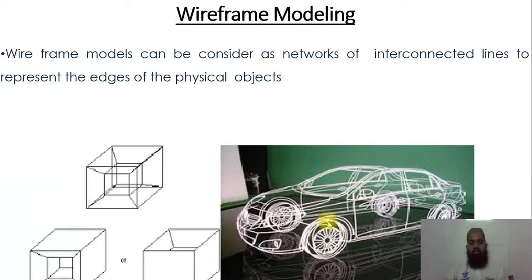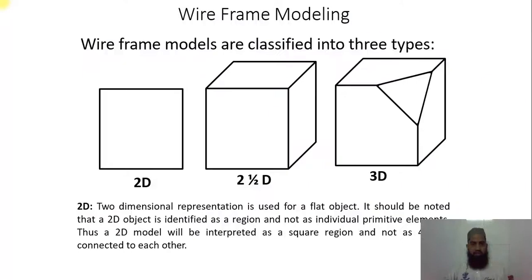So it requires a lot of time, a huge amount of time, to generate this kind of object, because some lines are visible, some lines are not visible, and it is a very ambiguous object. So in this case a huge amount of time is required to complete this object.